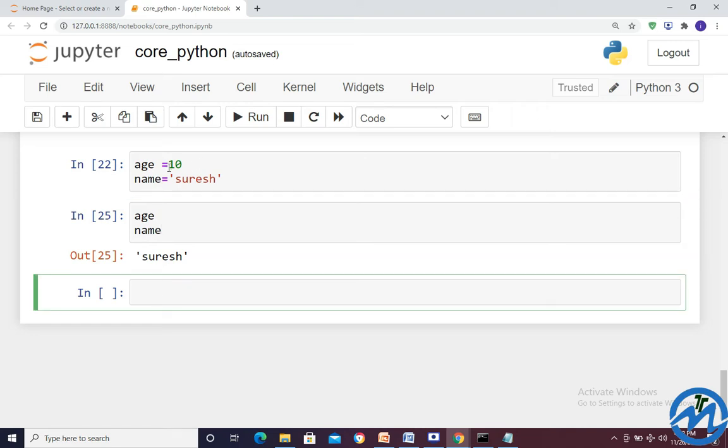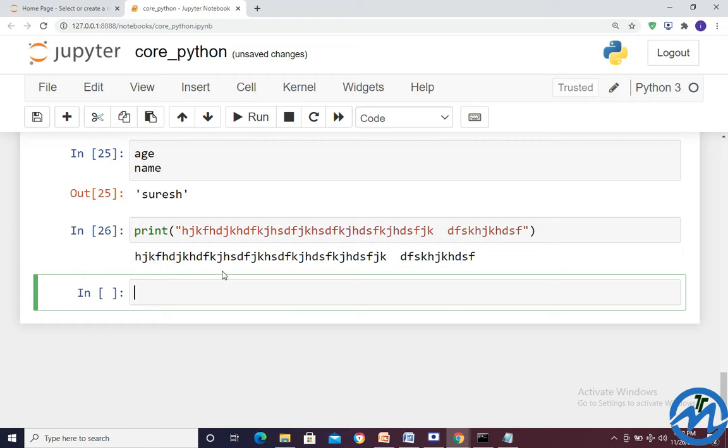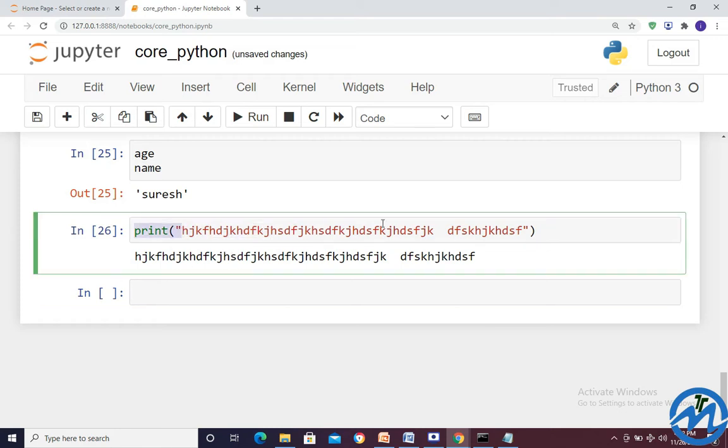But finally what happened here, I have this print statement, and you observe from the starting onwards you are learning, if anything you are giving in print, the same data will be displayed down. This concept we used to call constant pool. So what data you have in double quote, the same data will be displayed.